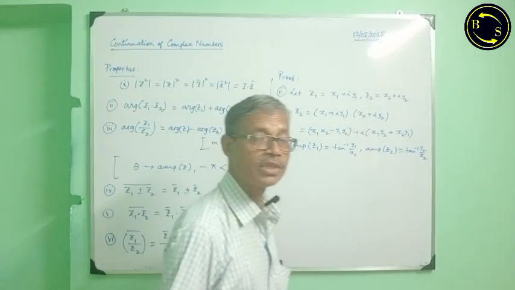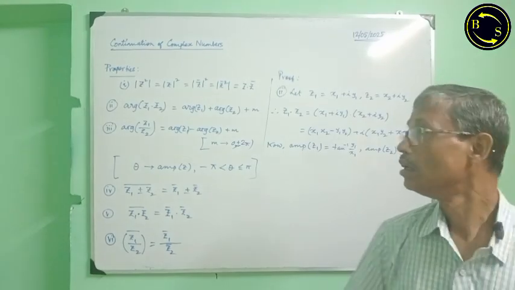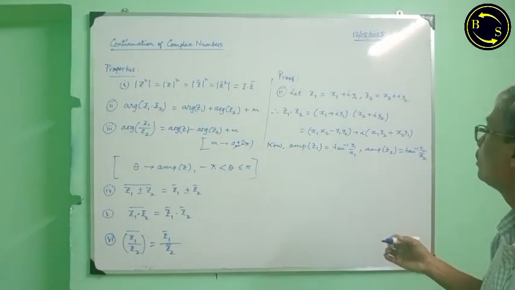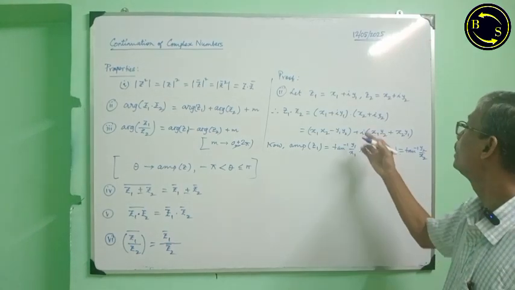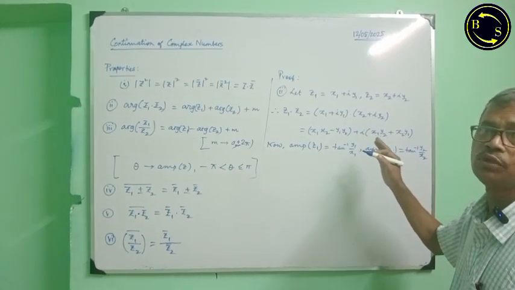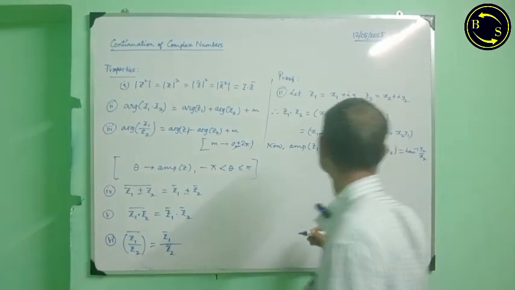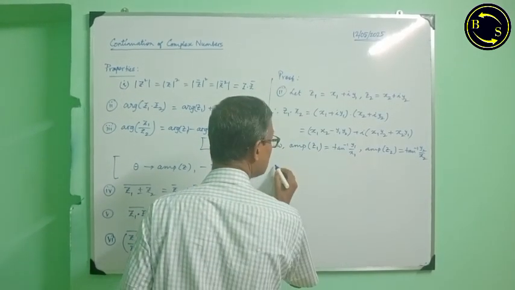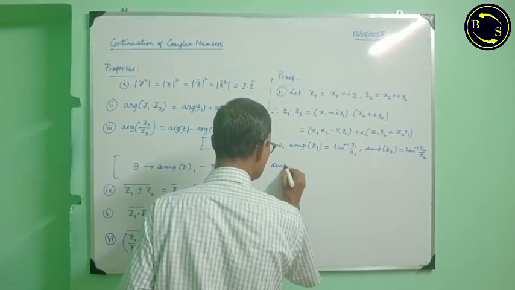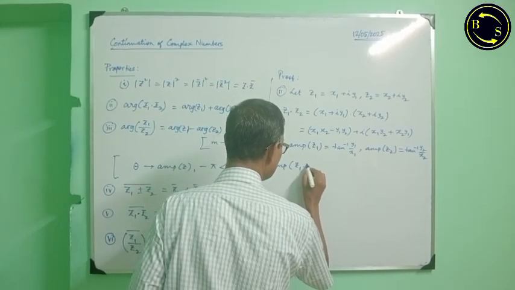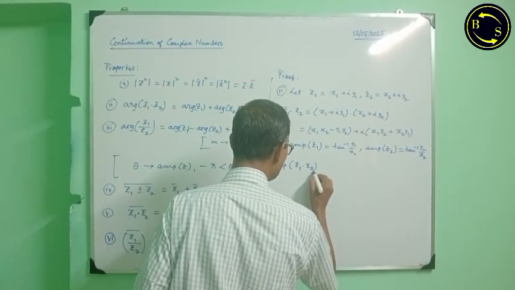We are considering the principal value. Also, for understanding purposes, we are taking x1, y1, x2, y2, etc. as positive numbers. Then the amplitude of z1 into z2,